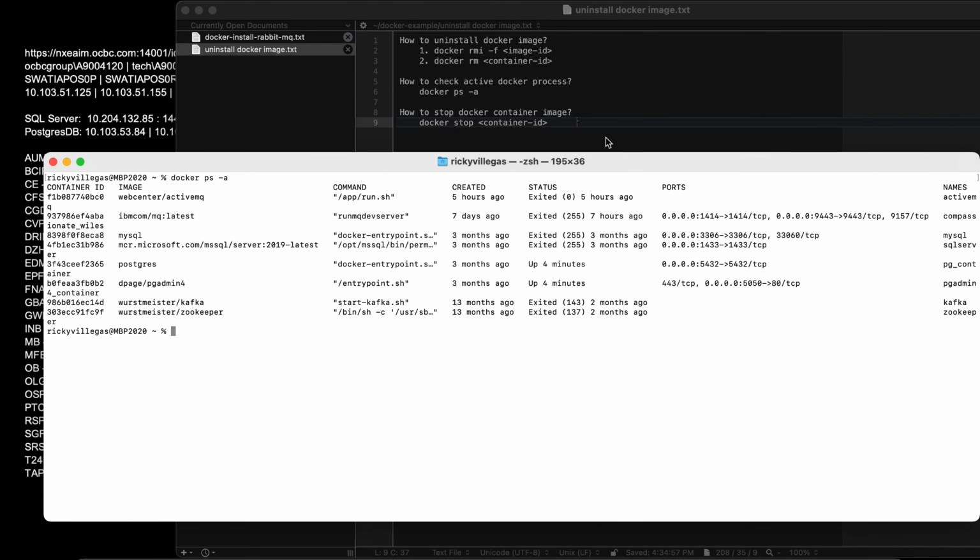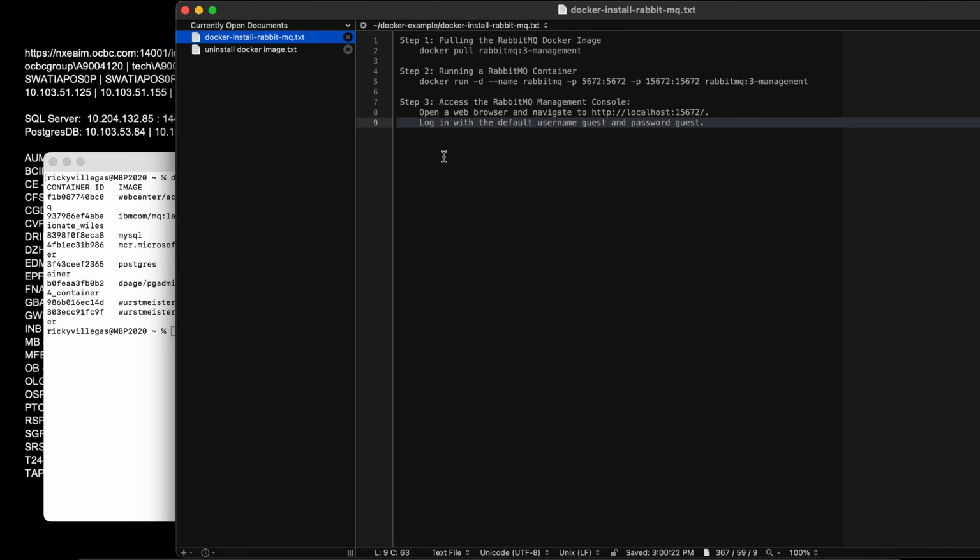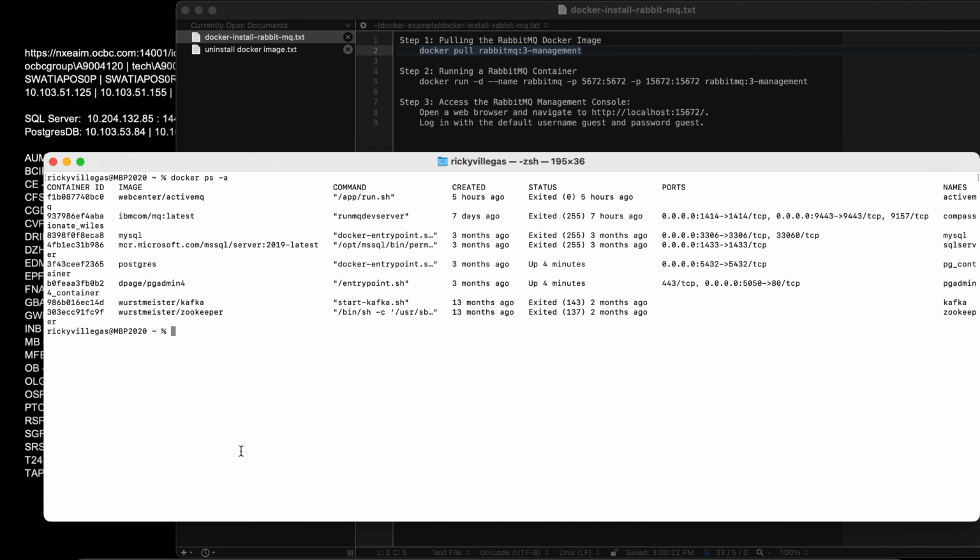So I have a cheat sheet here. To install RabbitMQ, of course, we need to pull the Docker image, the RabbitMQ image.